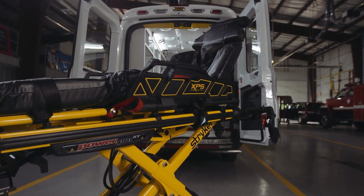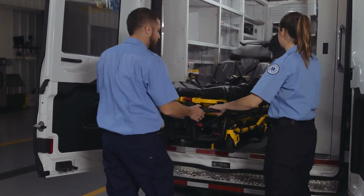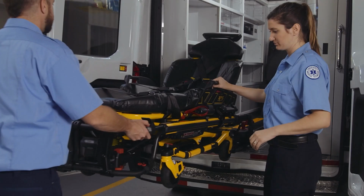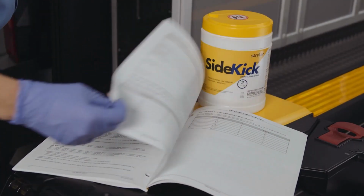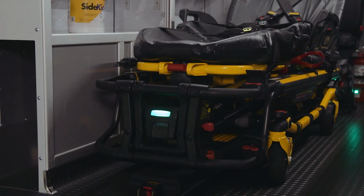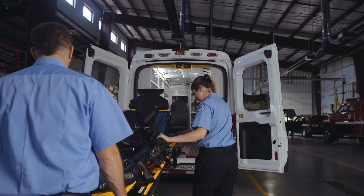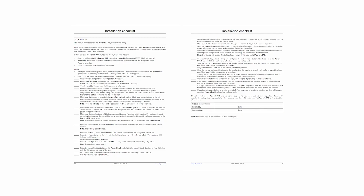The Stryker PowerLoad is designed to be fully compatible with cots that have the PowerLoad compatibility option or kit. There's one required operator for an unoccupied cot and 2 operators for an occupied cot. Practice first with an unoccupied cot. Follow the guidelines in the operations and maintenance manual to ensure you have everything needed for installation. You should make sure the battery is fully charged before the first use and before training with the equipment. Finally, have a qualified person use the checklist and operation instructions provided in the operations and maintenance manual to check